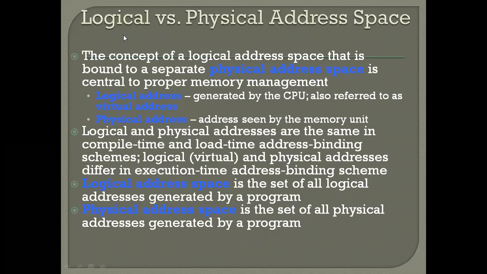As in the previous diagram also, I introduced two terminologies, that is, logical and physical address space. A logical address is the address of an instruction or data used by a program, and a physical address is the effective memory address of an instruction or data. That is, it is the address obtained after binding of the logical address has been done.